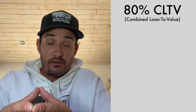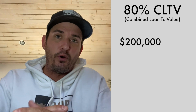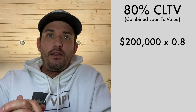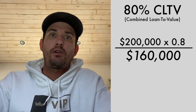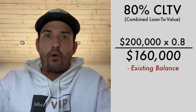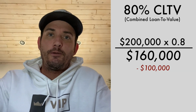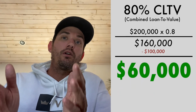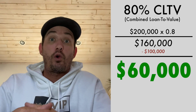Let's say for purposes of this example, that's $200,000. Multiply that number by 0.8 to calculate 80%. You'll come up with $160,000 as 80% of 200. Now subtract the existing balance on your first mortgage. Let's, for this example, use a $100,000 amount. That leaves a $60,000 equity position that you could potentially tap into if you applied for and were qualified to